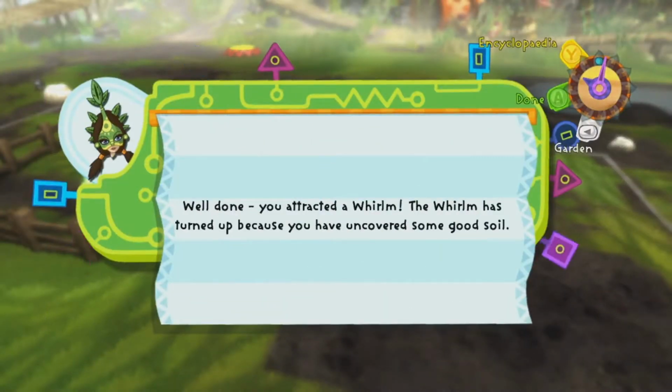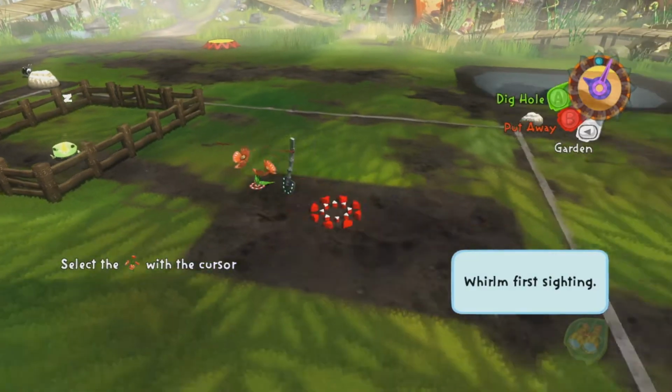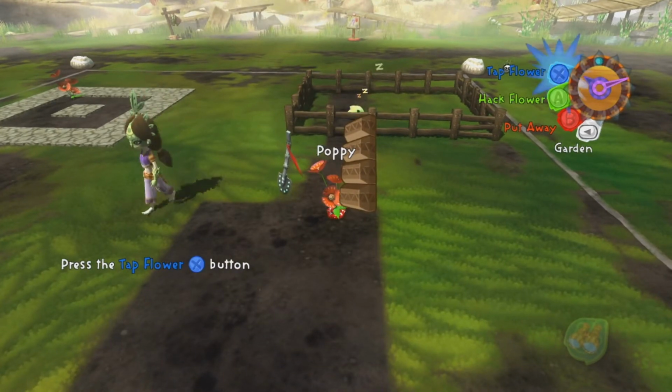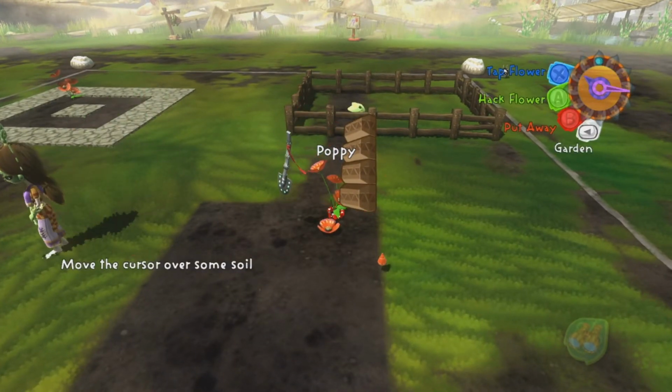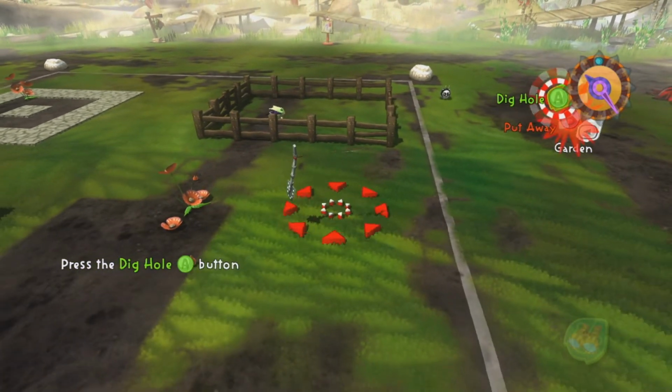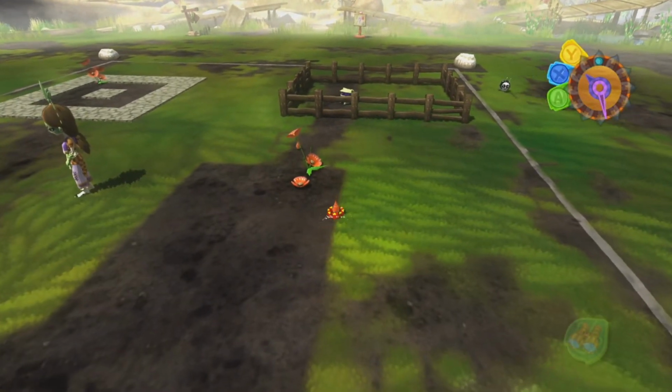But he's currently not very exciting. Done. You attracted a worm. Oh, I guess because we have a lot of sand. You'll get to hear a little piece of dialogue. I'll probably skip a bunch of them because a lot of them are not that exciting and make a lot of sense. When we tap the flower, a petal comes off, and we get a couple of seeds over here,